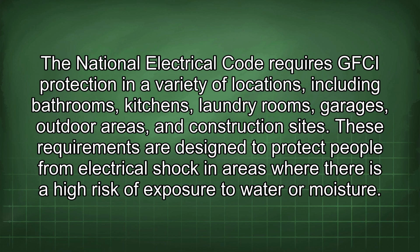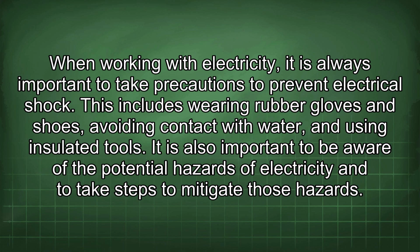These requirements are designed to protect people from electrical shock in areas where there is a high risk of exposure to water or moisture. When working with electricity, it is always important to take precautions to prevent electrical shock. This includes wearing rubber gloves and shoes, avoiding contact with water, and using insulated tools. It is also important to be aware of the potential hazards of electricity and to take steps to mitigate those